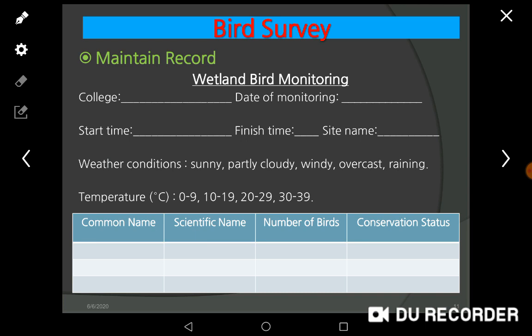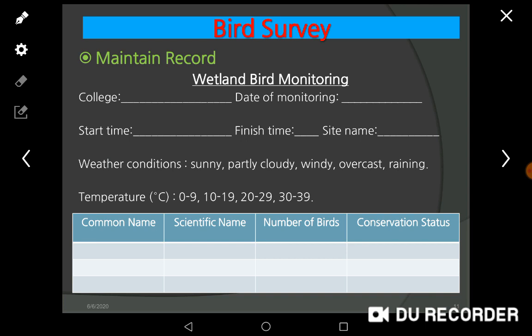It can be done with the help of a pattern or a format. So this format I have prepared. It is titled wetland bird monitoring. Here you can write your college name, date of monitoring, on which date you go, and start time.